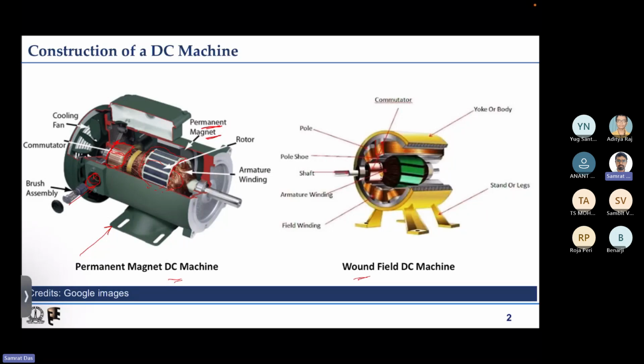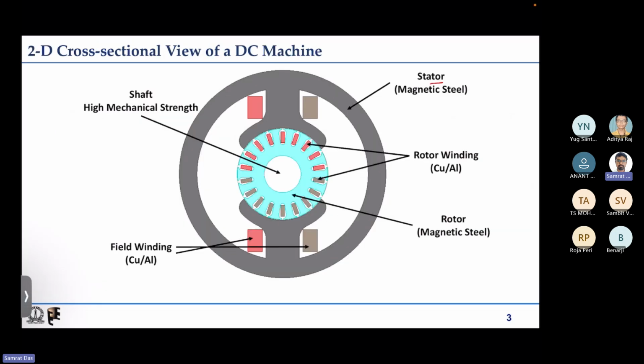So just a 2D cross-sectional view of a DC machine that will show the different parts, the electromagnetically relevant parts. Like this dark ash color outside, that is the stator, that is a magnetic steel which has reasonably good magnetic characteristics. Then the light blue color one, that is the rotor,